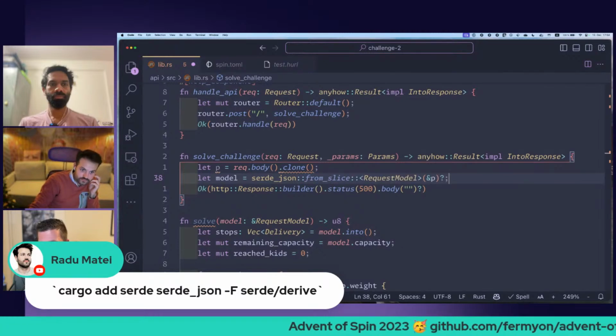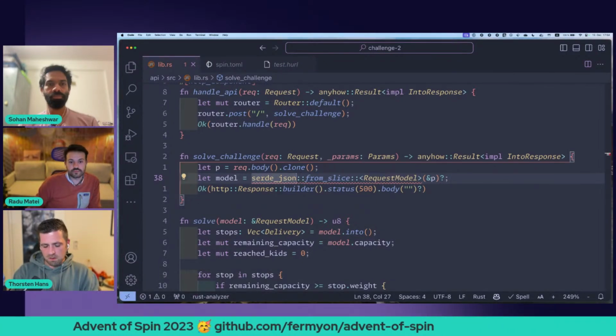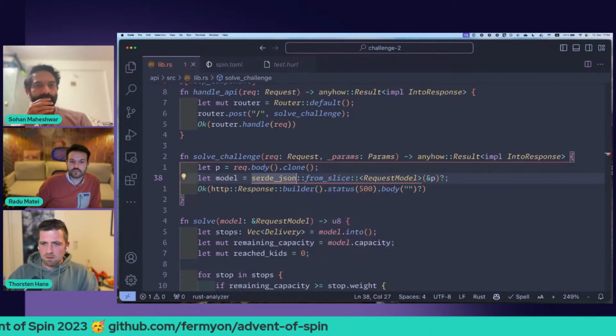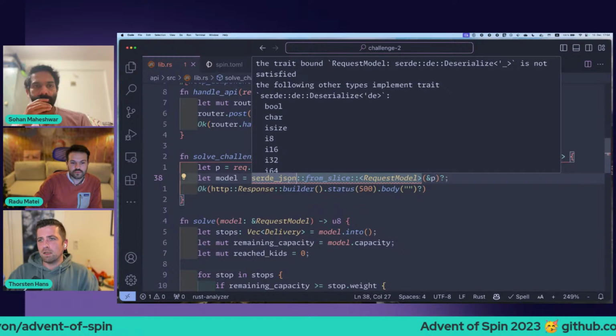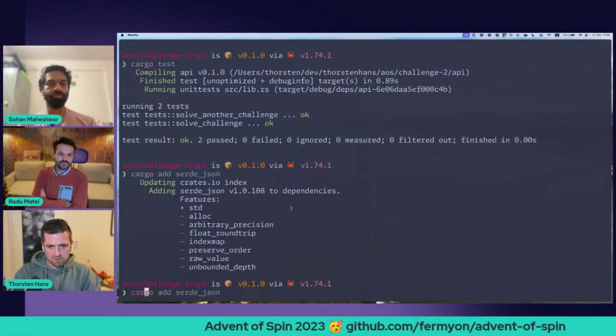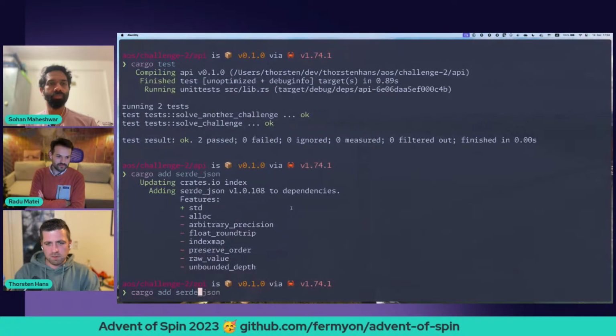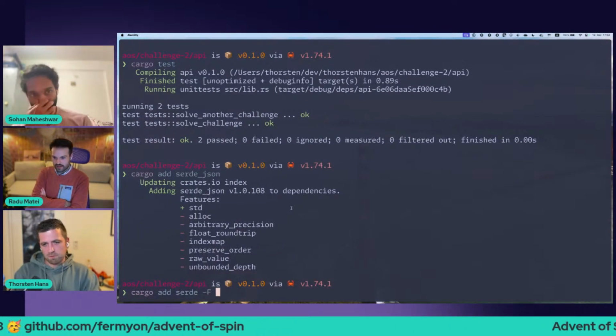That looks good. If it can't, it has to return the error, right? Okay, I have not added the macros over here, so let's cargo add serde with the derive feature.